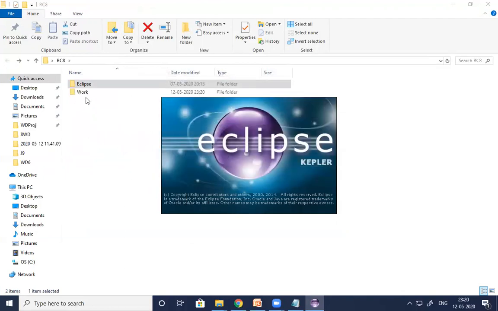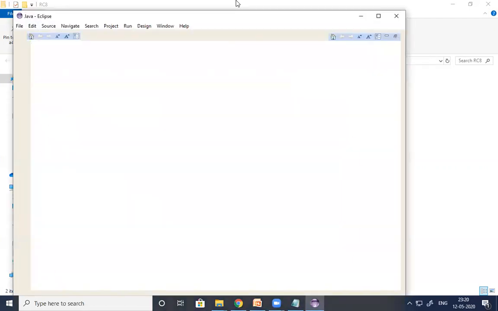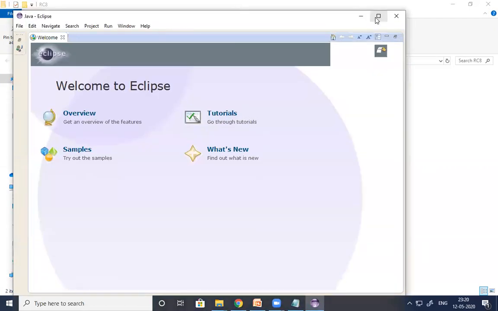automatically one work folder will get generated here. All of you guys clear? So this is the workspace location. This workspace location you can maintain outside also, but it is suggested to keep everything in a single location, guys. Once you mention the workspace location and click on OK, it will navigate to the welcome page of